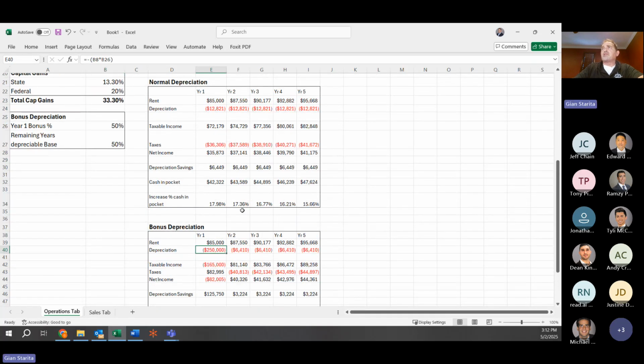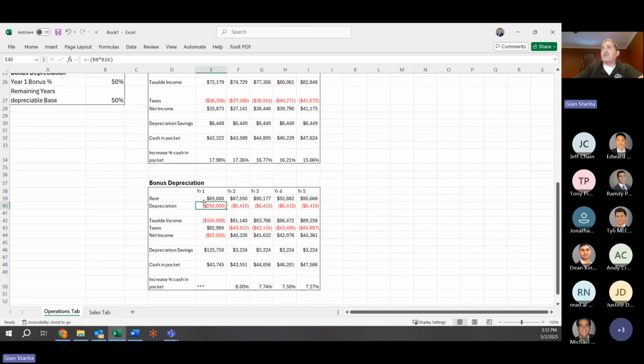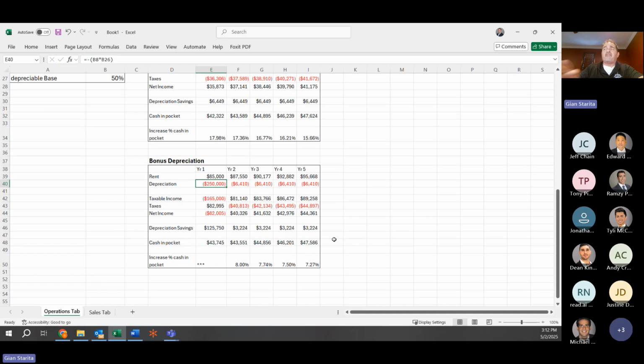So this is the normal depreciation. In the bonus depreciation schedule, I get rent, and I get a write-off of 250,000. It may actually be more than my income. If you're a real estate professional, you can spread that out over your other income. So it's a nice way to actually save money on taxes. If you're not a real estate professional, your accountant will tell you the rules on how you can spread it out over future years. I'm going to assume these are all real estate folks or professional investors that can write it off.